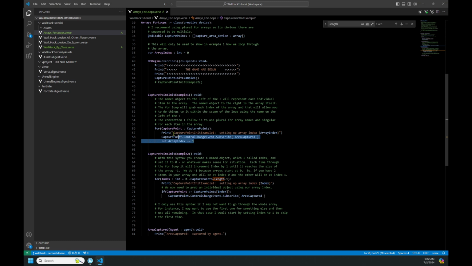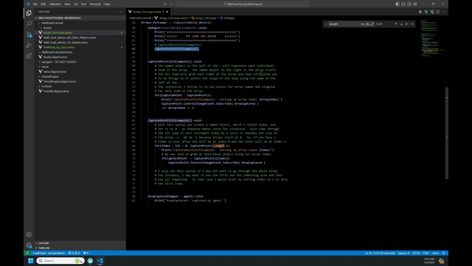As a reminder, this is the code that did that. So let's take a look at example 2. Let's comment out example 1 and uncomment example 2. And if you're wondering how I did that with the keyboard, I hold control and hit the slash, and that toggles the comment. So I just control S to save. Capture point 2